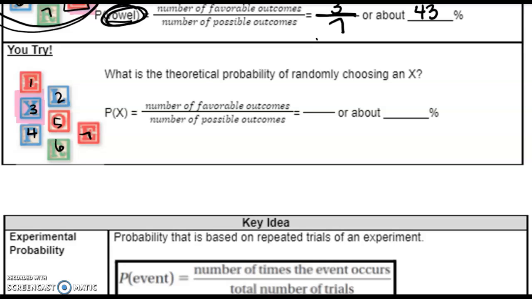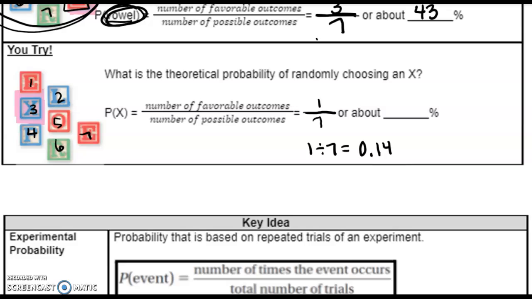Let's check our answer. So it wants us to figure out the theoretical probability of choosing an X. You can see over here I numbered all of my blocks, and there's 7 total. So I know that's my total possible outcomes. That's going to go on the bottom of my fraction. And then I highlighted the X because there is only one X, and so that would give me 1 out of 7. So that means I'm going to do 1 divided by 7, and that gives me